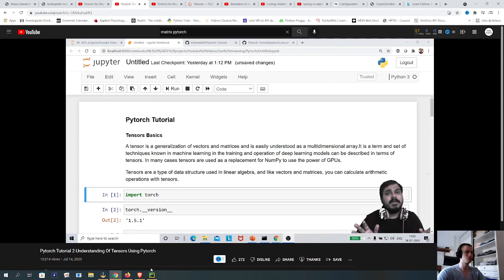So guys, if you have already used TensorFlow, I think tensors should be very, very much easier to understand because it is the basic unit in the algebraic operations that you're actually performing. And trust me, because of tensors, we are also able to use the power of the GPU, where we do a lot of parallel processing. Now going to my previous video, guys, I hope you all know that we had created